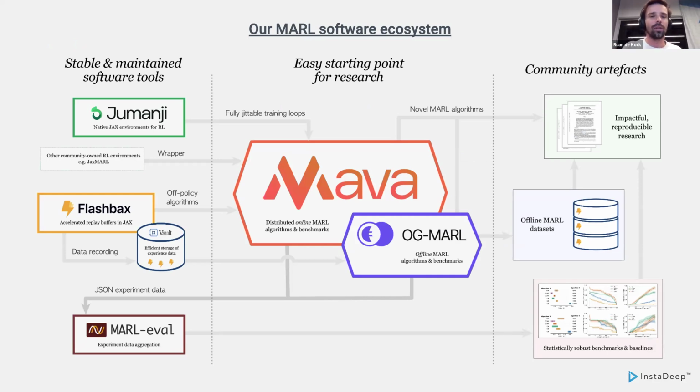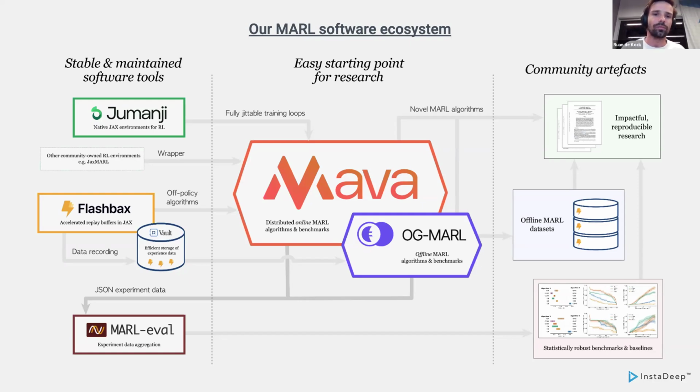It is because of this that over the past couple of years, we've been building this entire software ecosystem, built on JAX, for multi-agent research, on 3 pillars. The first is stable and maintained software tools, which comprise environment suites and things like replay buffers and evaluation tools. The second pillar is an easy starting point for research, which is really these repos that contain algorithmic implementations that you can hack with and build from. The third pillar, which we refer to as community artifacts, is open source multi-agent RL datasets, statistically robust benchmarks and baselines,